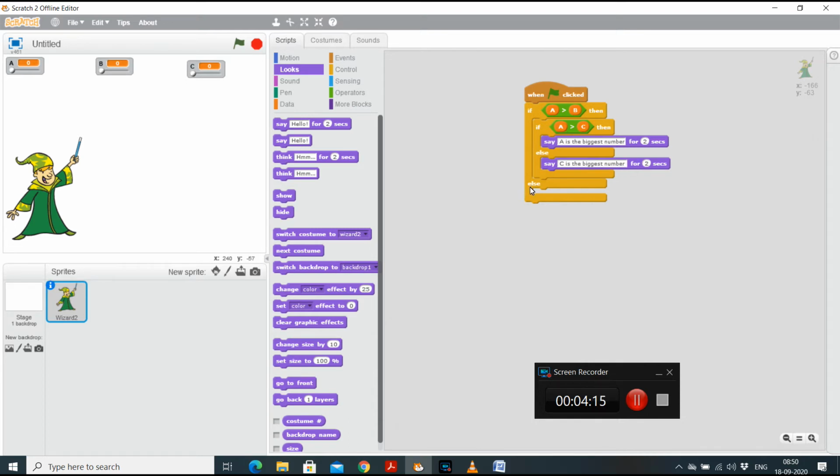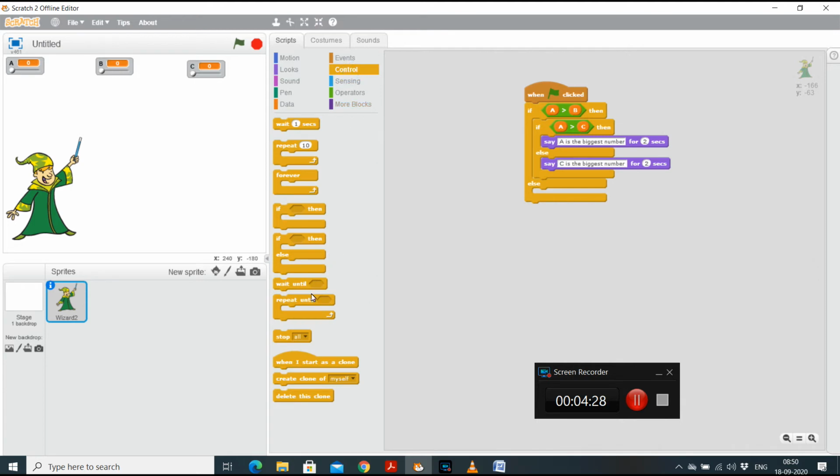Now let us come to this block. A is not bigger than B. So that means B is bigger among these two numbers. So now we have to compare B with C. So let us put a control here and let us take if else block here.